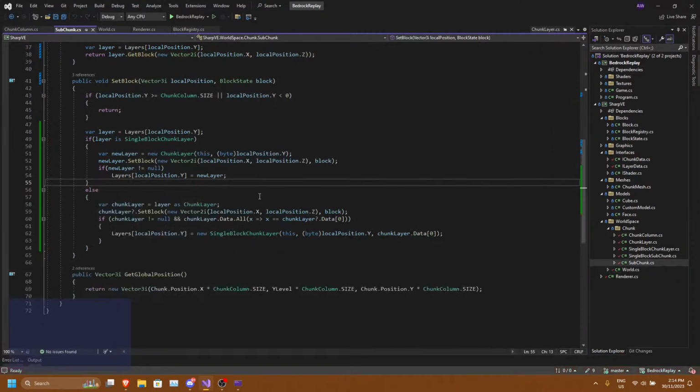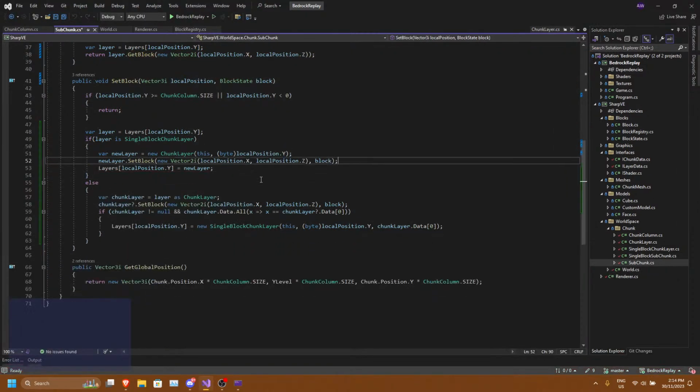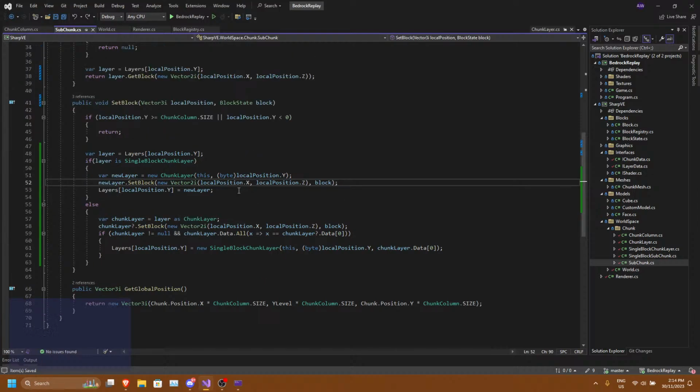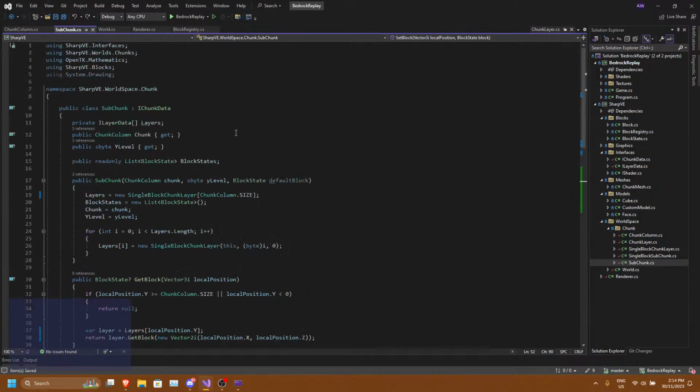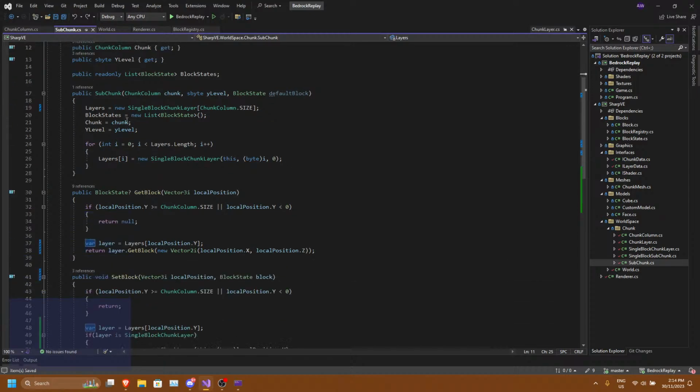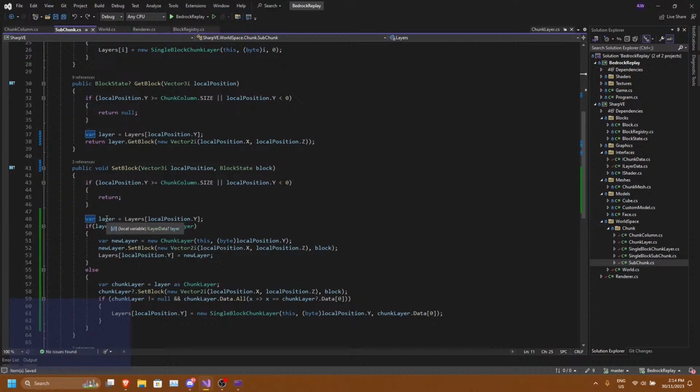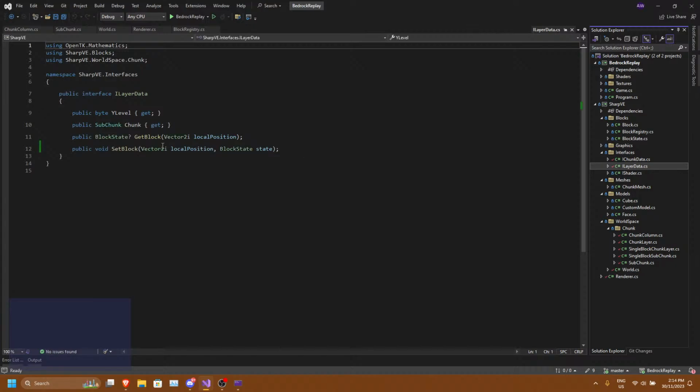Yeah, we're still getting that error. It's the exact same way that I'm doing it, but something's going on. And ILayerData. Yeah, it's not going to be null. Unless I'm doing something wrong here.